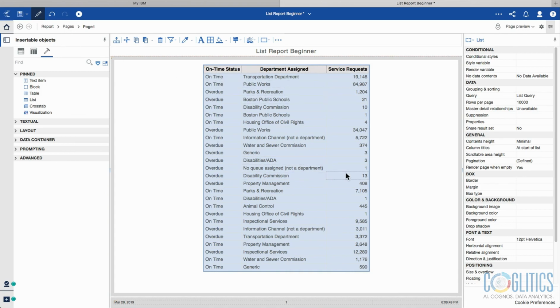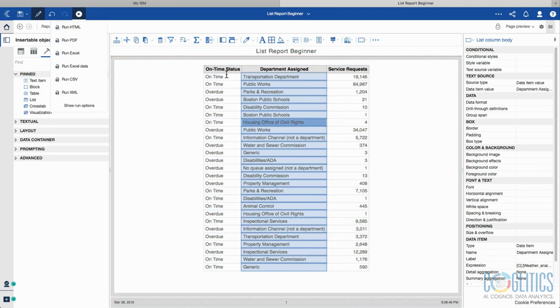We are going to run it, and then you can either print it or you can send it out in an email, depending on what you are looking to do. So save it now, and then let's run it. We are running it to see what it actually looks like, because even though you see the report, you